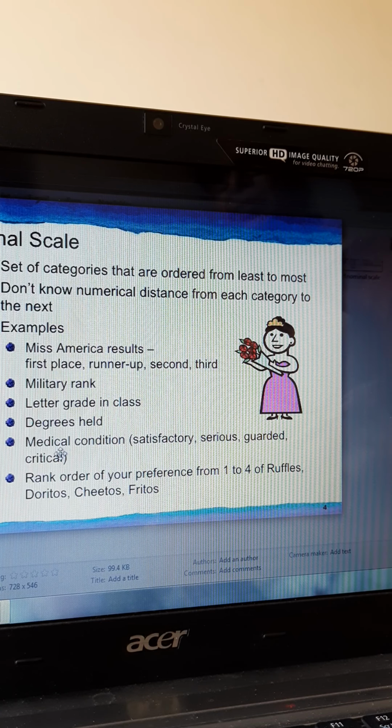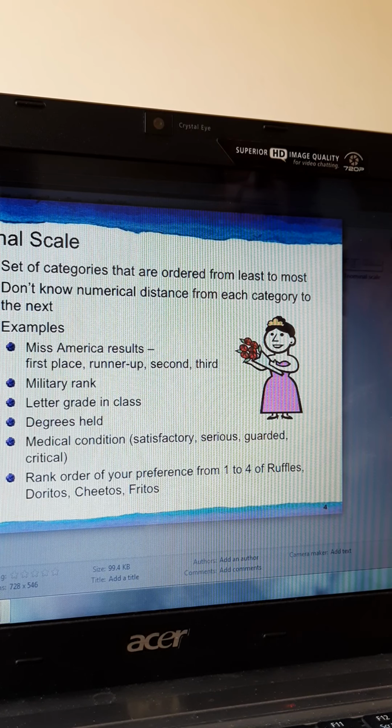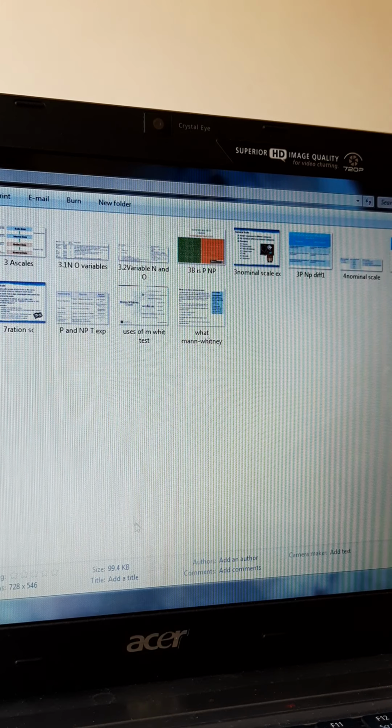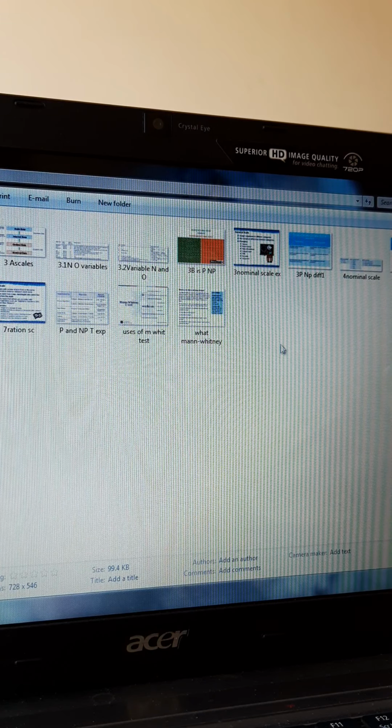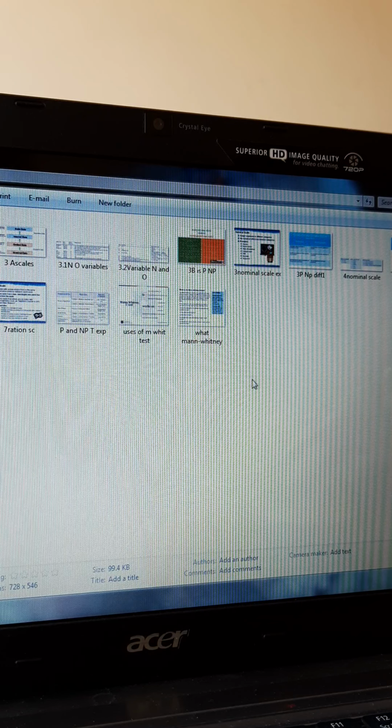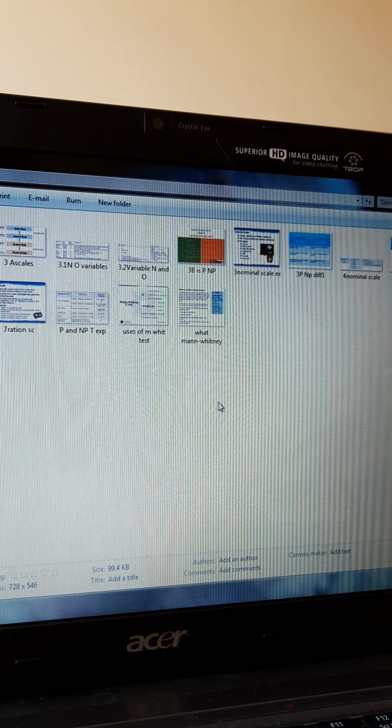Degrees held, medical condition, satisfactory, serious, like that. All these are ordinal scale data. Right. So, continuous scale, you know, like Likert scale and so on and so forth. Okay. Now,